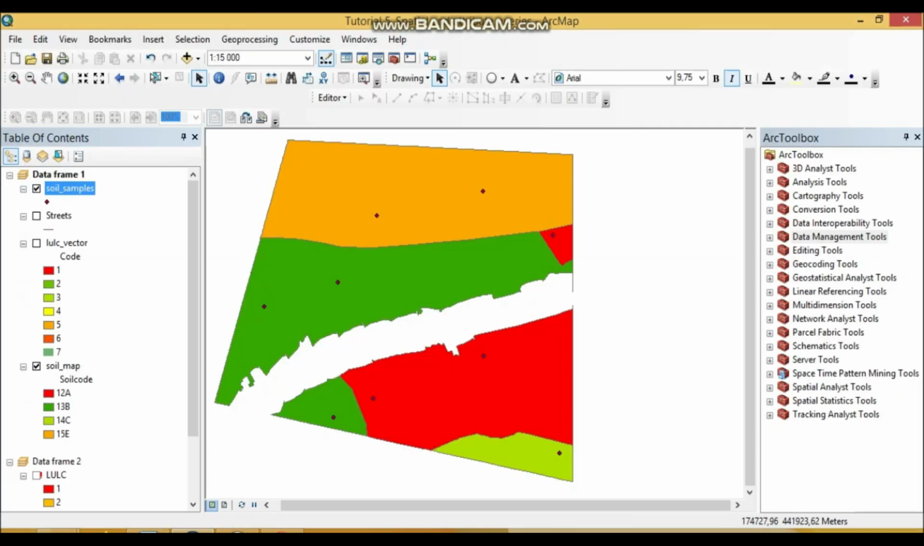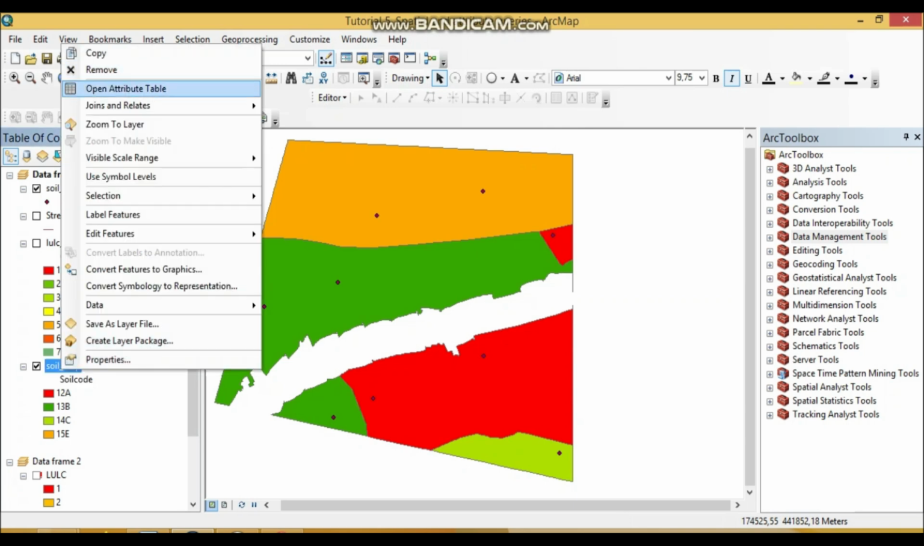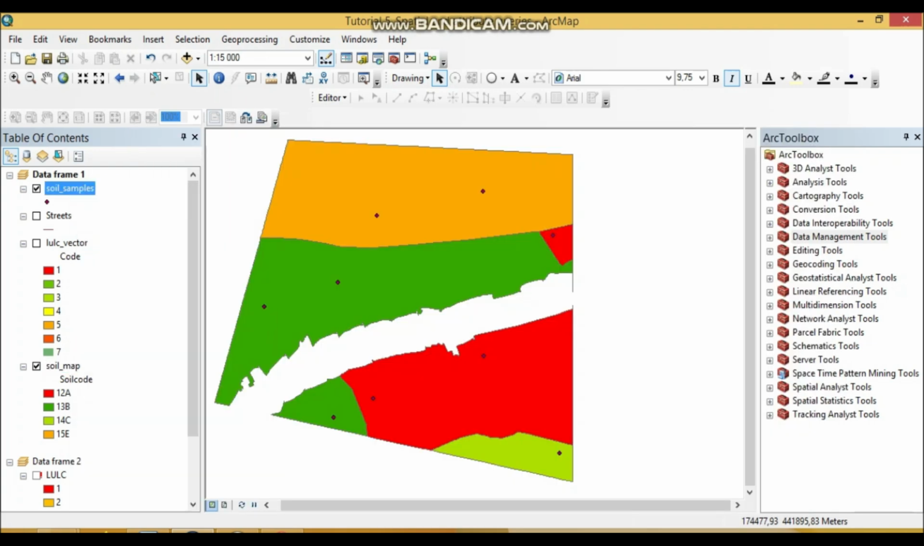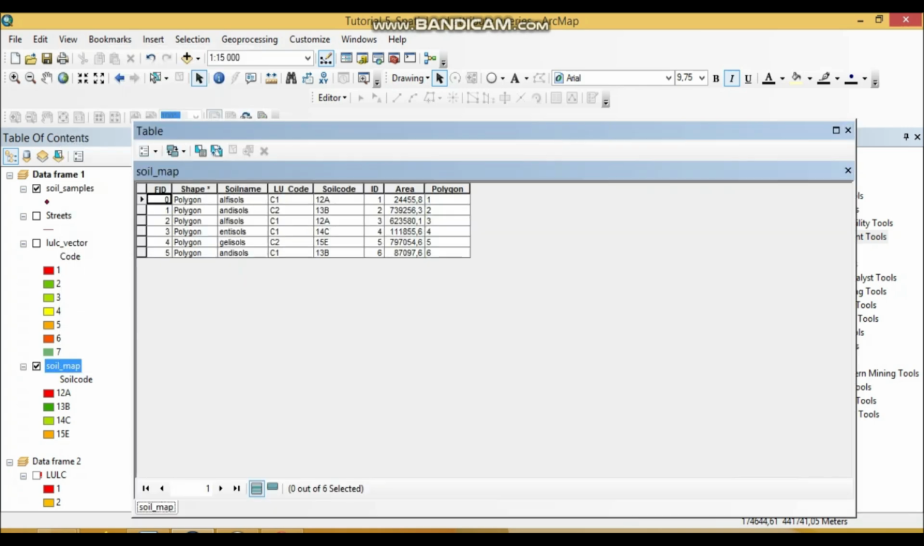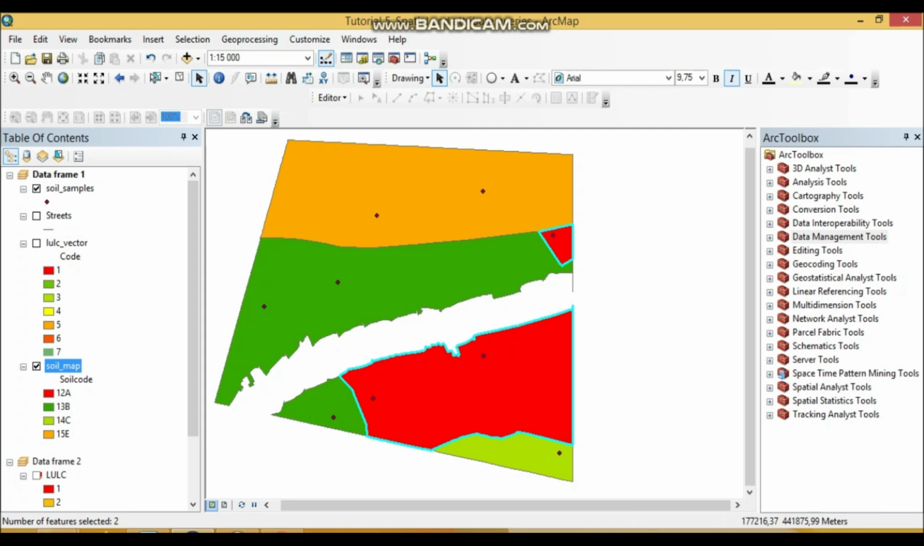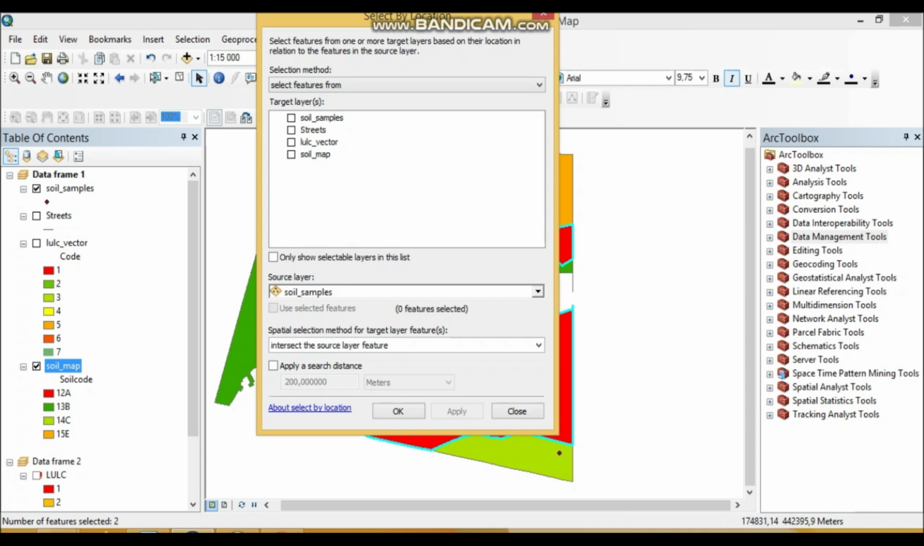So here is our soil map, and here is soil name alpha soils, and here are our soil samples. We don't need them. So first, let's select alpha soils, soil name alpha soils. Here we have two polygons, and we should select features that are adjacent to these polygons with this soil name. So let's go to select by location, and